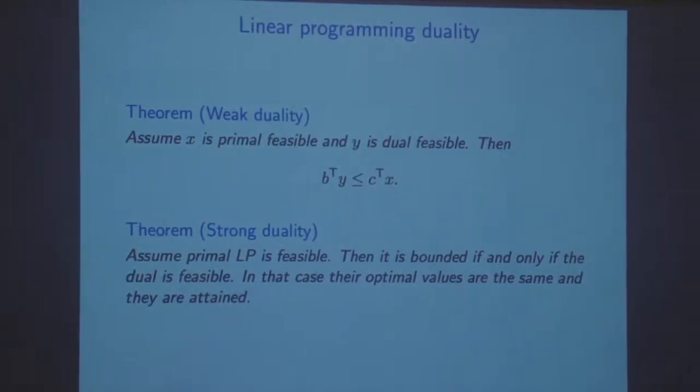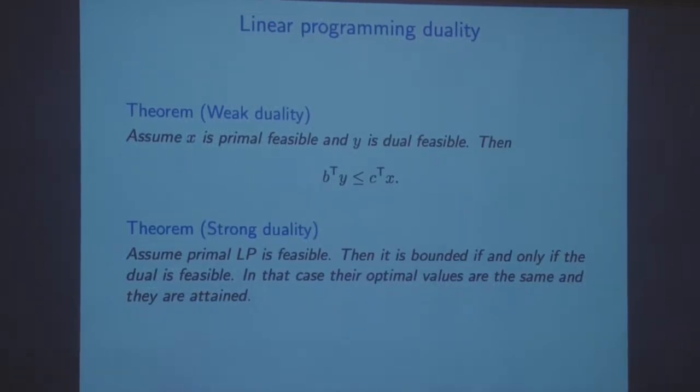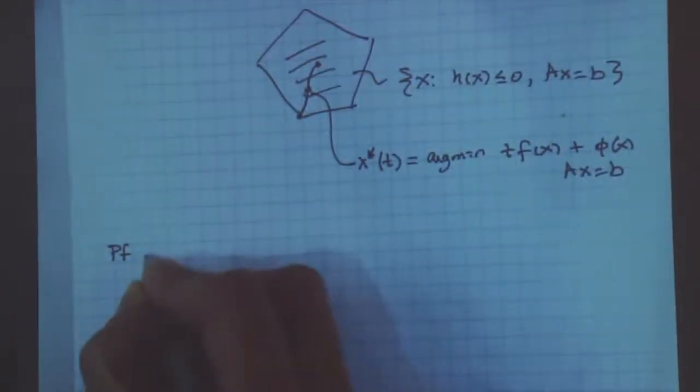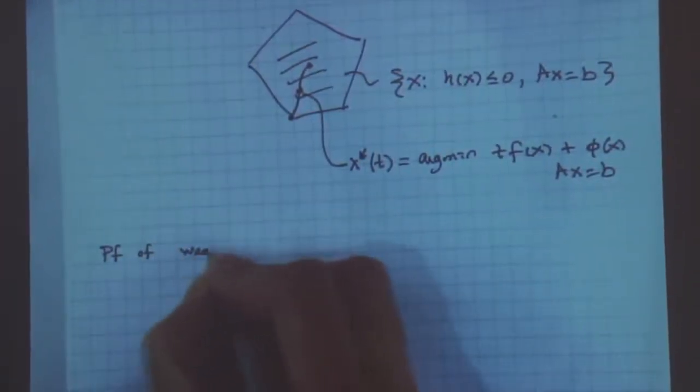So primal feasible means feasible for the primal problem. And a point that is dual feasible, then the objective for the dual is a lower bound on the objective for the primal, right? And the proof of that is really completely straightforward, and I want to write it down because we are going to rely on it later on. So the proof of the weak duality theorem